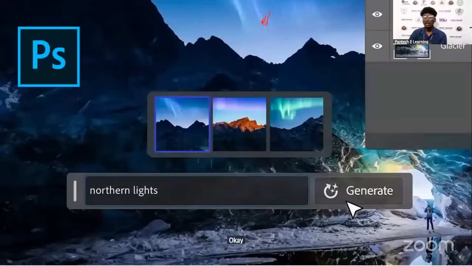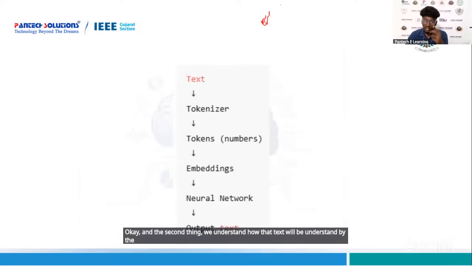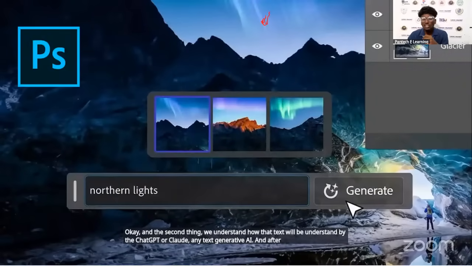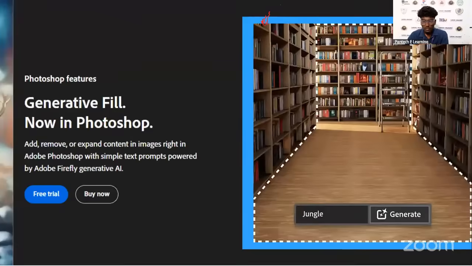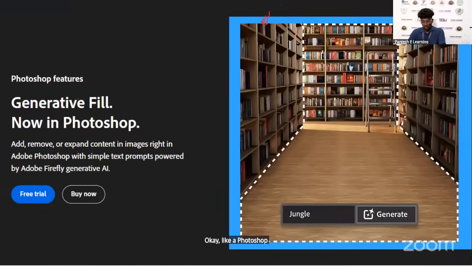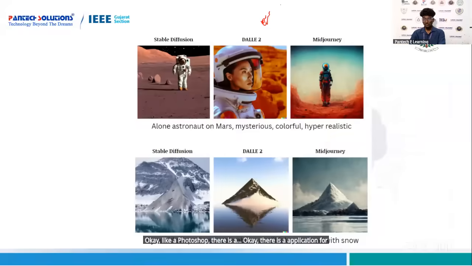The second thing we will understand is how text is understood by ChatGPT, Claude, or any text generative AI. After that, we will discuss how images are understood by computers. Like Photoshop, there are applications for image generation.